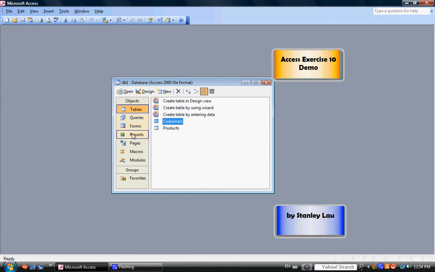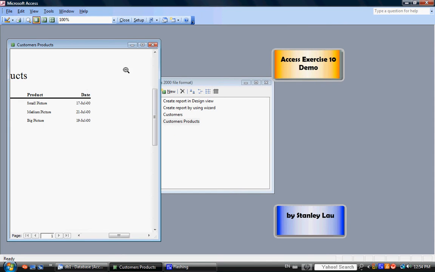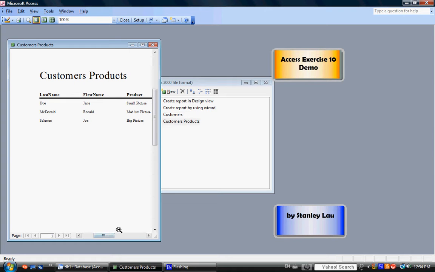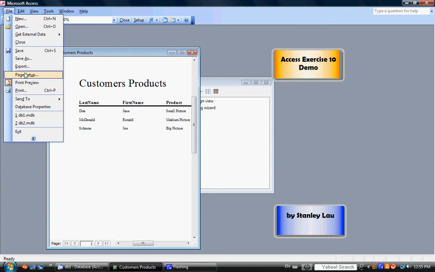and make sure that you select the Reports tab and double click the Customer's Products report to open it up. Okay, so remember we made this Customer's report in exercise 8. Okay, now while that customer's product report is open, click File and Export,